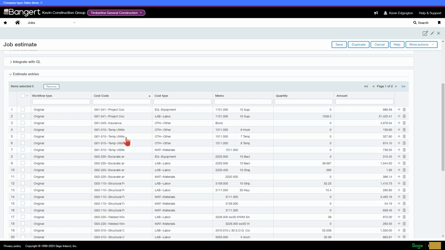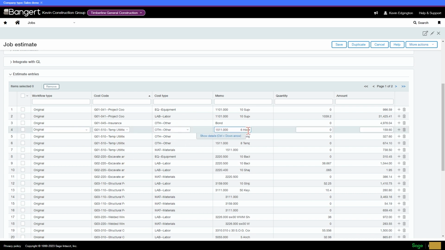Now, one of the real neat things about this is when we've done transfers with Sage 100, Sage 300, Procore, a lot of other systems roll that up to a cost code. So all you see is the total dollars for a cost code and category combination. But if I take a look here, there were those temporary utilities that I did. So we've got 4 things going to temporary utilities, 3 of them are going to other, and 1 of them is going to a material.